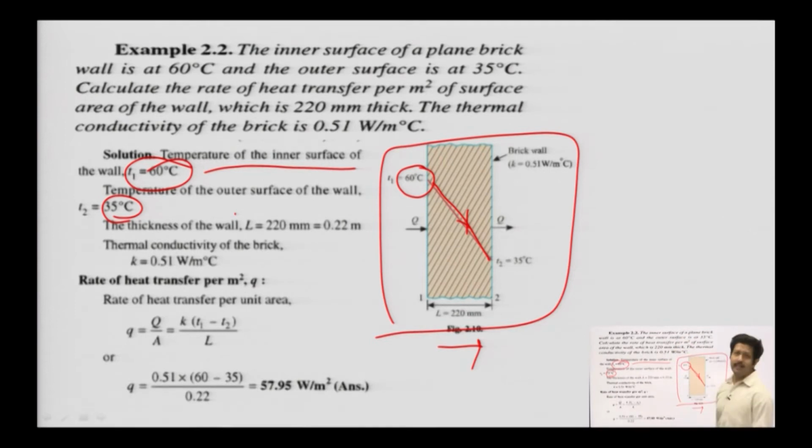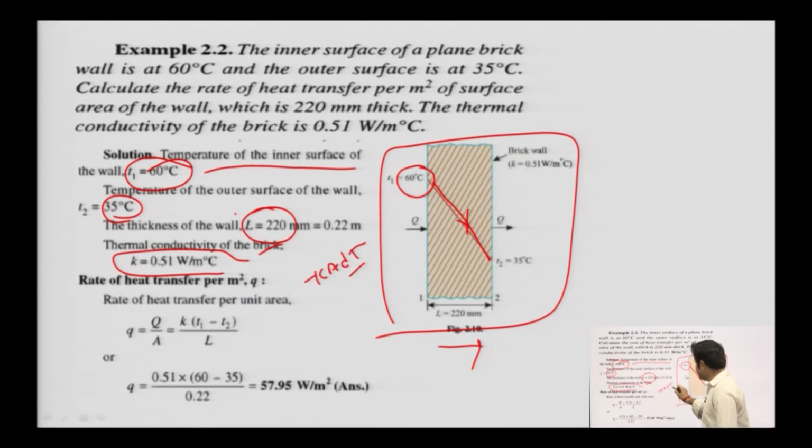It's already given in the numerical, and I have already told you, you have to chart out what's given and what's not and what you need to attack first. The thickness of the wall L is 220 mm. The thermal conductivity of the brick, everything is provided in the numerical, and you should be knowing Fourier's law by this time. It is minus KA dT by dx. So dT is actually delta T and dx is L.